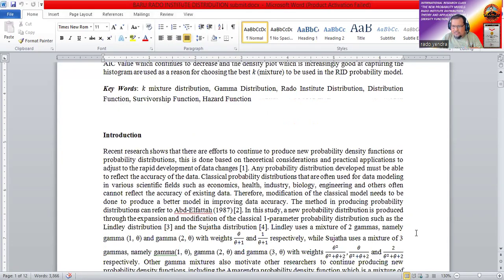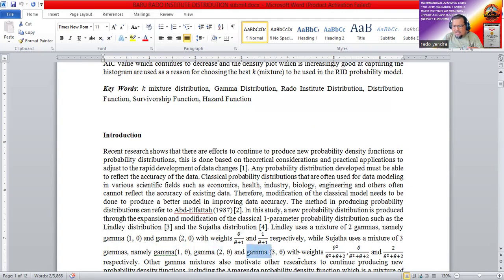We know the Lindley distribution is the mixture of two gammas, gamma 1 theta and gamma 2 theta, with proportions theta divided by theta plus 1 and 1 divided by theta plus 1. And then the Sujata distribution is the mixture of three gammas, gamma 1 theta, gamma 2 theta, and